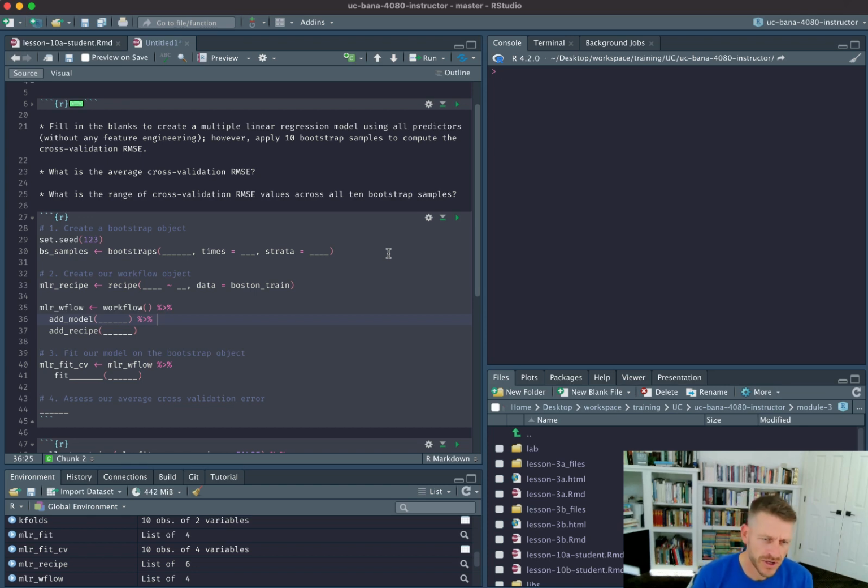All right, so this knowledge check is doing pretty much the same thing we did in the last one, except instead of a tenfold cross-validation procedure, we want to apply Bootstrap resampling. So here we need to fill in the blanks in order to create our Bootstrap object. Let's go ahead, and again, we are going to use the Boston train data to do so,